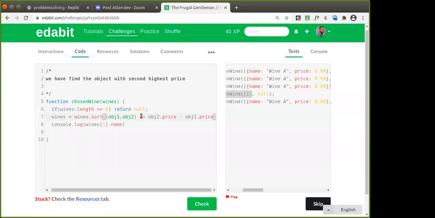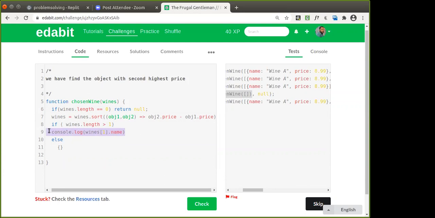Yeah, once you have sorted it, what we need to test here is if wines dot length is greater than 1, what are we going to do? This is the case. If wines dot length is greater than 1, it means you have more than one element in the array.